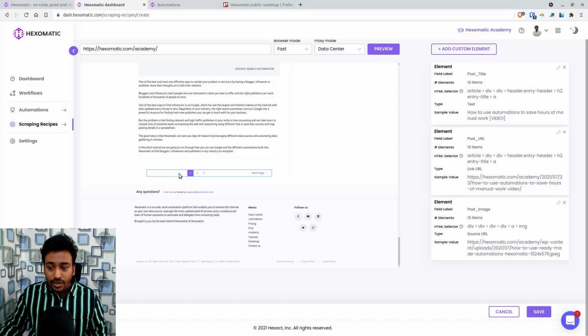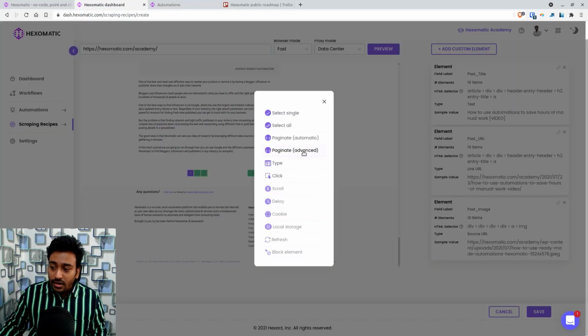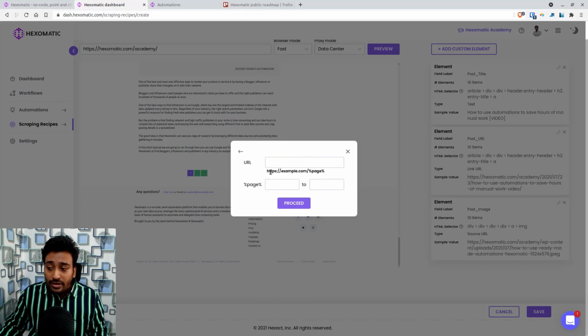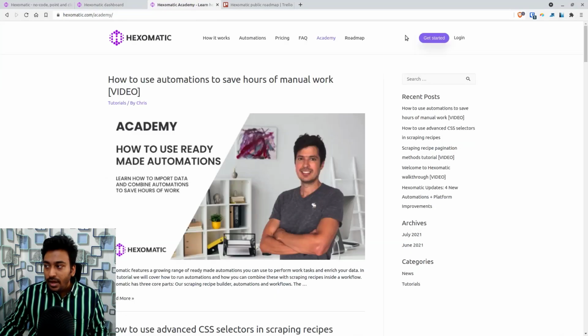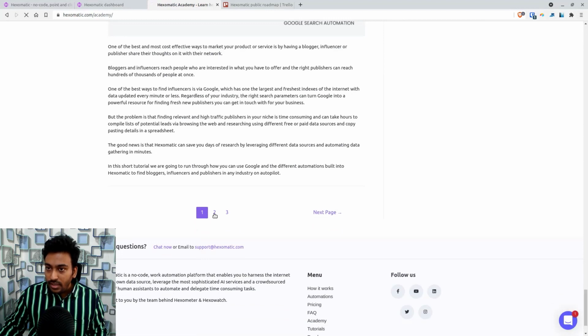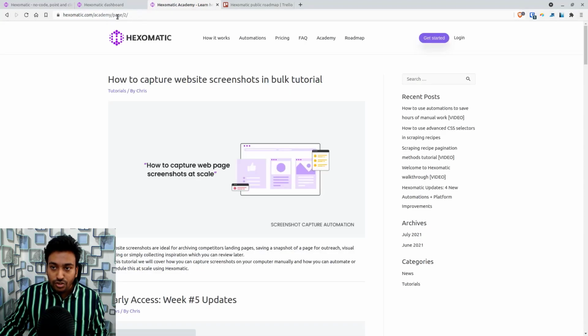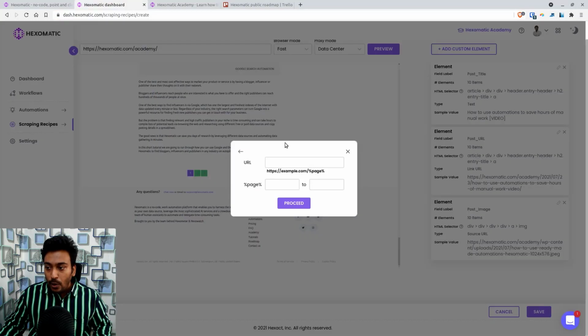The preferred way, which I feel is the most comfortable, is I click on something and I go directly into paginate advanced. Now I just need to give the pagination URL structure. What I mean by this: I'm going to their blog page here and I'm going to find out their URL structure for the pagination. You can see this is the structure. So I'm just copy pasting that, and inside this, the 2, which is I'm on the second page, I'm going to use this particular variable, where I'm just going to copy that, and instead of that 2, I'm going to paste that.